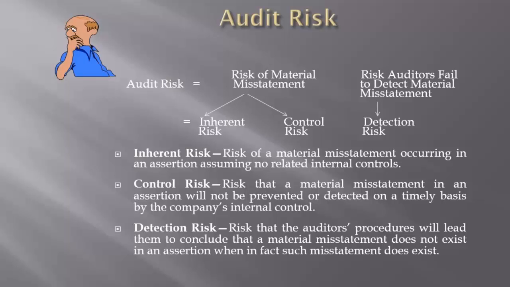Detection risk essentially is what is within the control of the auditor. The auditor manages detection risk in relationship to the risk of material misstatement. So if the risk of material misstatement is high, the auditor will reduce the detection risk, and the auditor will reduce the detection risk by compensating for the risk of material misstatement in three different categories: the nature of the testing, the amount of the testing, and the timing of the testing.